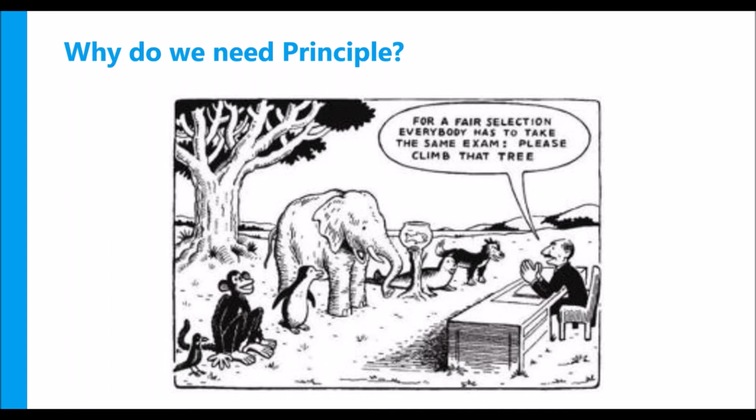Now, don't get me wrong. There are still a lot of projects that are still relevant to go with a process-based approach, right? So this is still relevant in this market, but as a project manager, we should be balancing between both depending on the complexity of the project. Now, if you look at this situation here, they're trying to put the same process across different projects, and that doesn't fit, right?